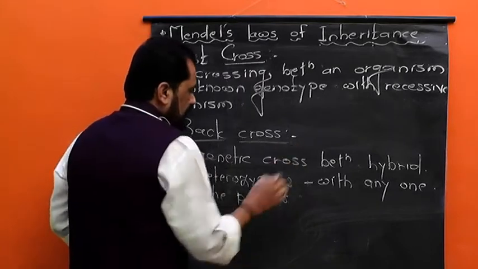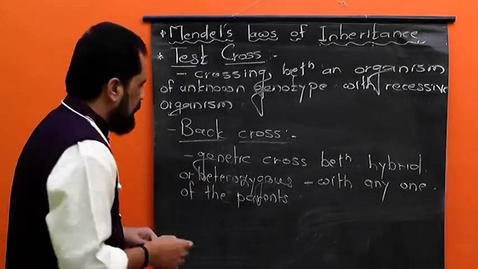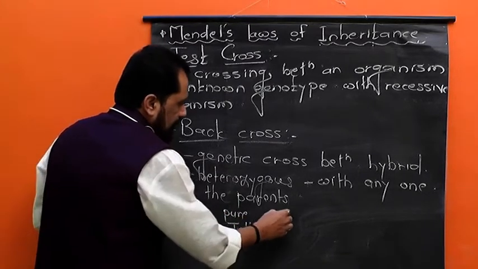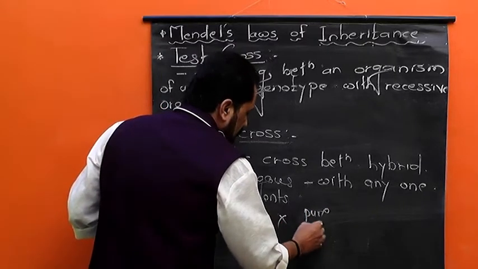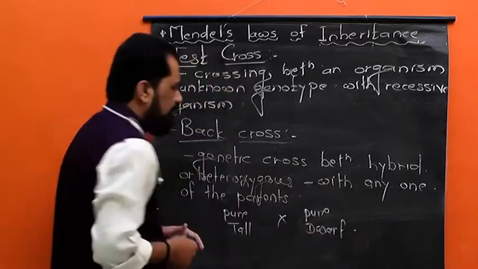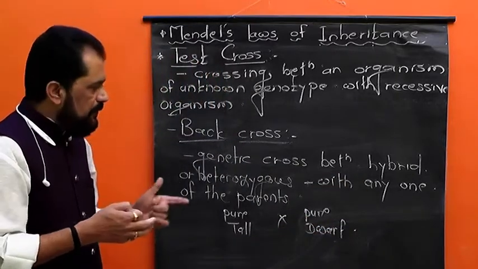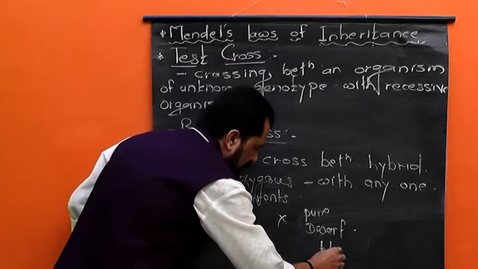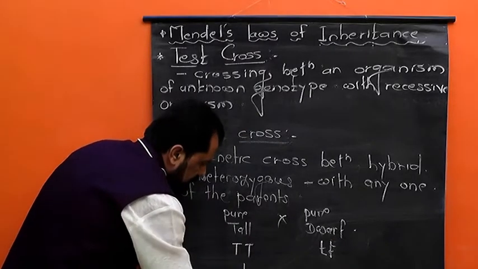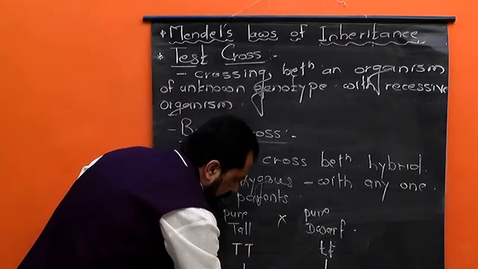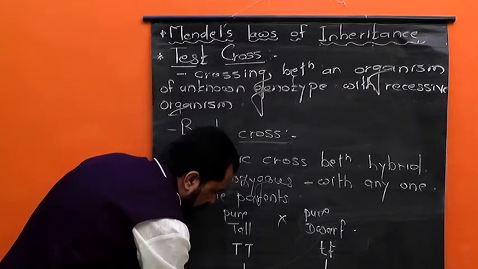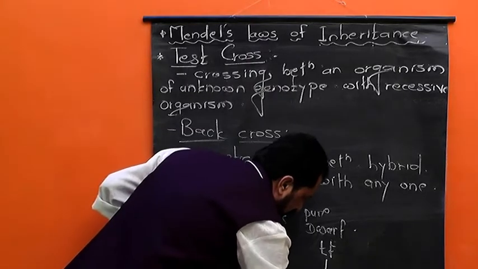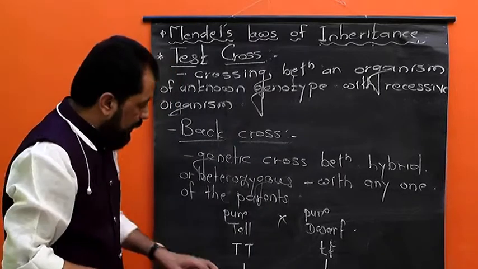Let me give a very simple example. When a pure tall pea plant is crossed with a pure dwarf pea plant, we know capital T capital T and small t small t is the genotype, then the gametes, and the F1 individual produced has genotype capital T small t and phenotype tall. Now when this F1